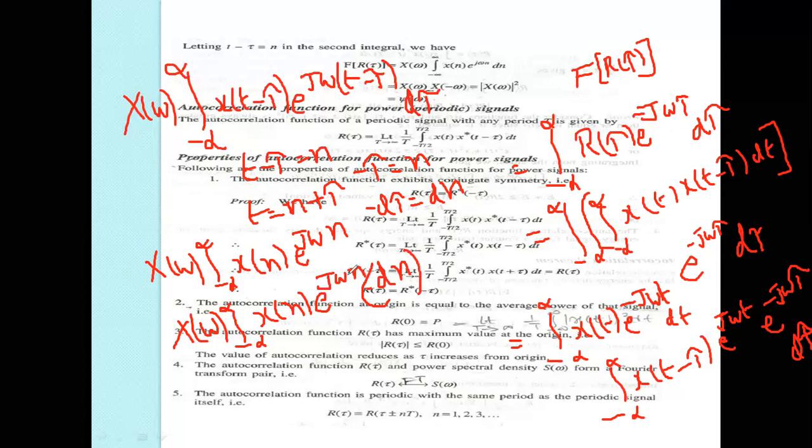Whenever e power j omega n is a positive value here, we replace x by minus omega according to the duality property. Using the duality property, x of minus n and x of minus j omega and dn, this becomes x of omega into x of minus omega. It is complex, so you can take it as a star function: x of omega and x star of omega, changing omega to plus. If you take the conjugate value, x of omega and x star of omega become the squared magnitude of x of omega, which is nothing but psi of omega,